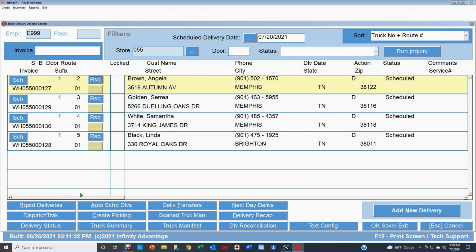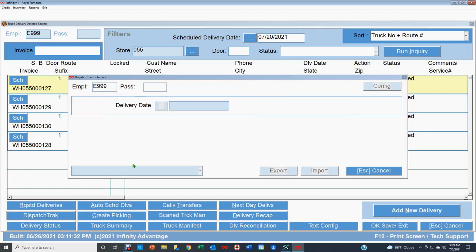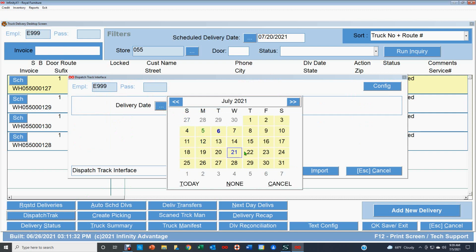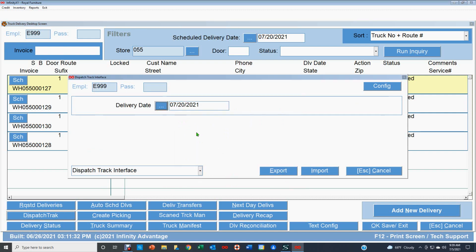But the next step that would happen is right here, this dispatch track button. You would click that, enter your date, deliveries, and then you're going to click the export button. That export button is going to automatically take all the deliveries that you have for this day and export them out to dispatch track. Dispatch track will do their work, route your loads,